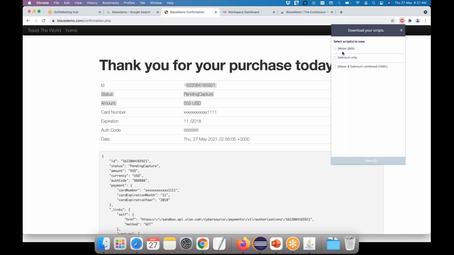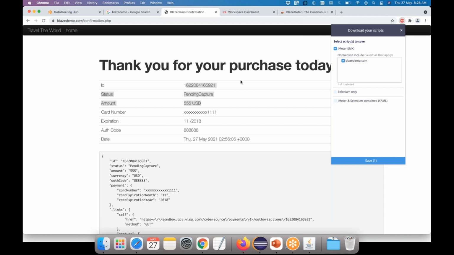We have an extension for each and every file. In the same way, to store JMeter files, we have to use .jmx. So just select JMX. It clearly says that we are getting the request from a single site, which is nothing but Blaze demo. No problem, just select it.